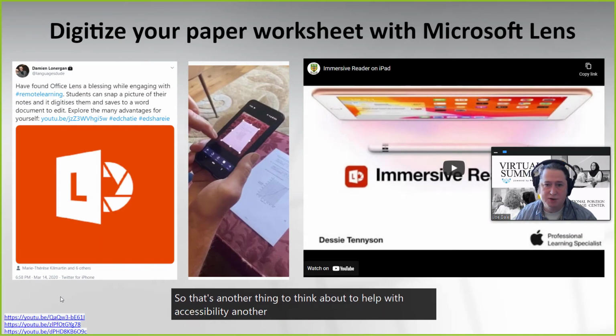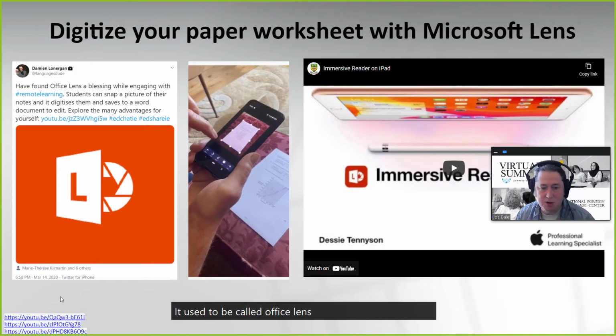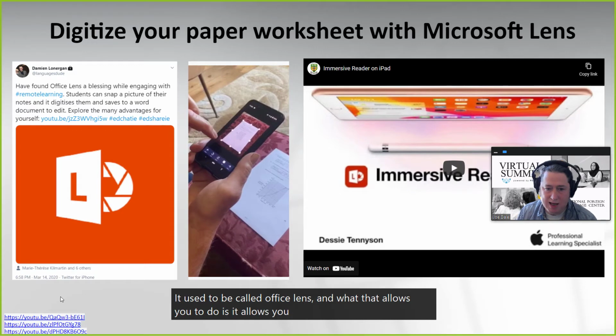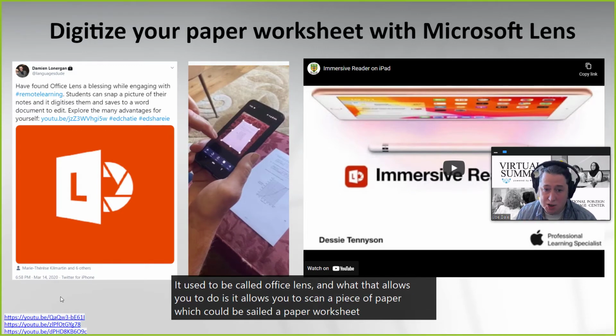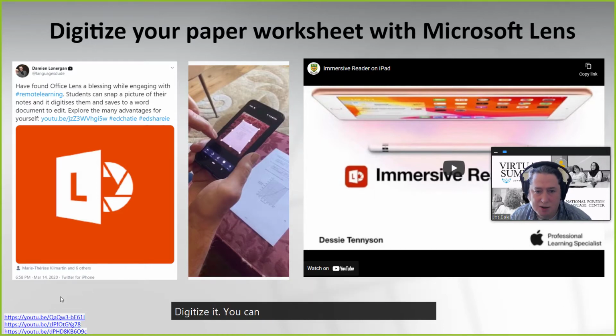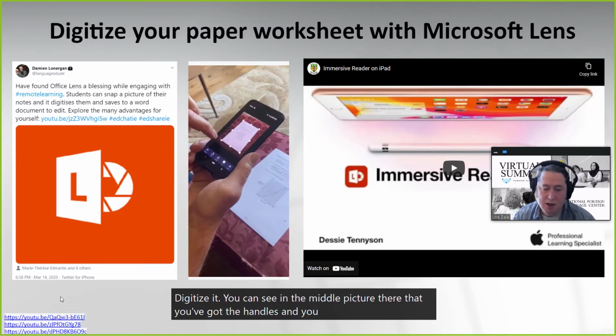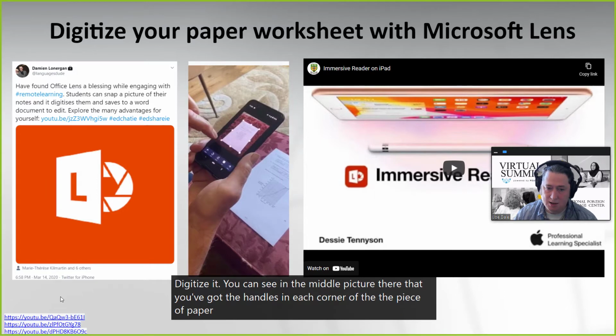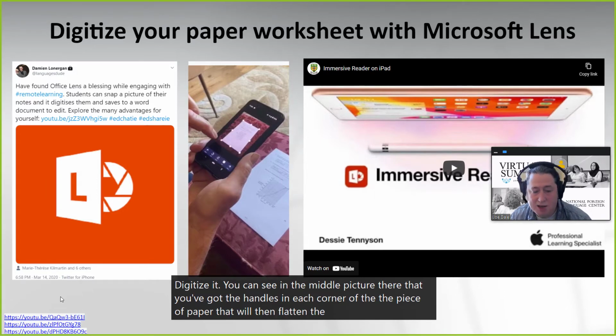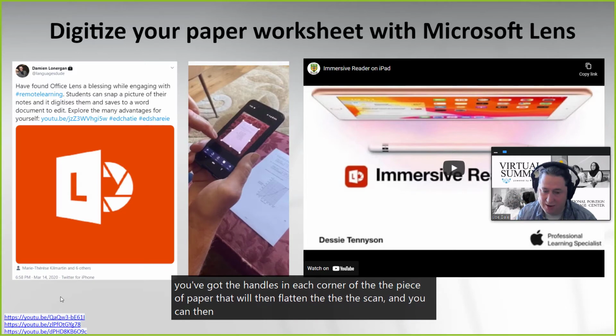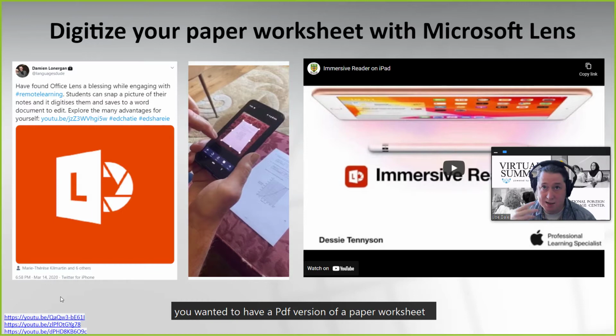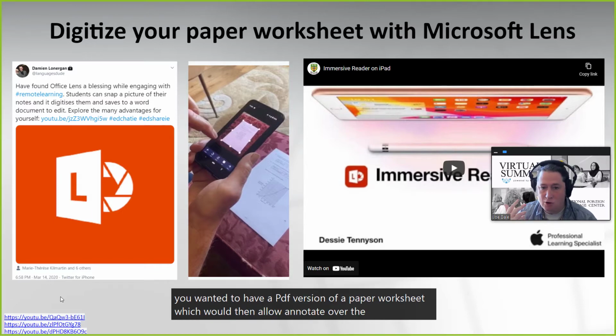Another tool from Microsoft is Microsoft Lens. It used to be called Office Lens, and what that allows you to do is scan a piece of paper, which could be, say, a paper worksheet, and digitize it. You can see in the middle picture there that you've got the handles in each corner of the piece of paper. That will then flatten the scan, and you can then export that as a PDF if you wanted to have a PDF version of a paper worksheet, which would then allow you to annotate over the top of it using a Chrome extension such as